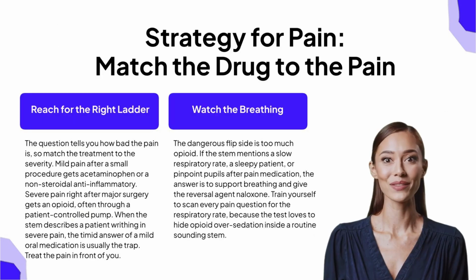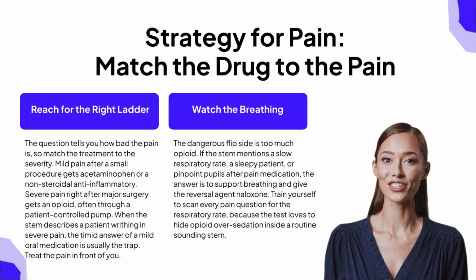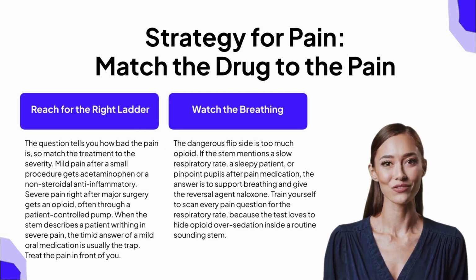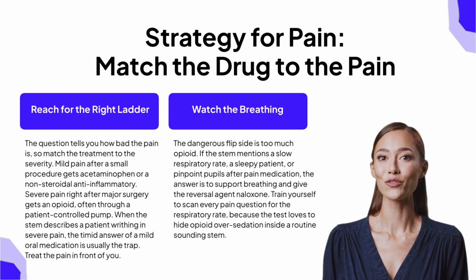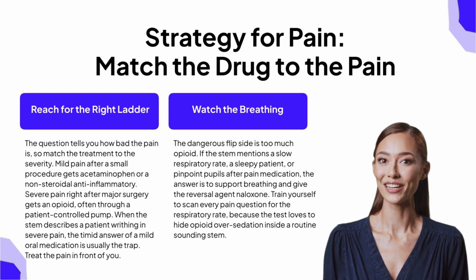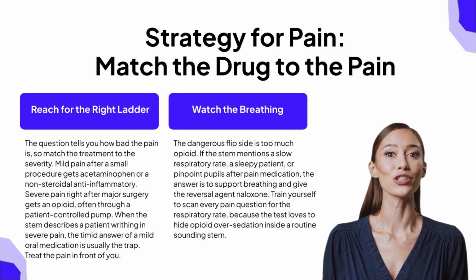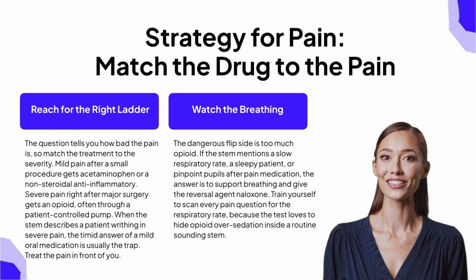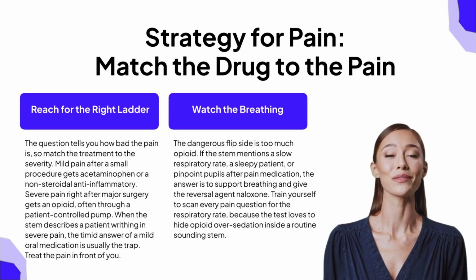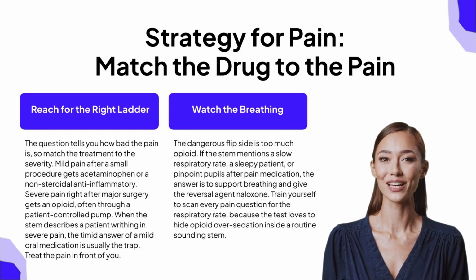the questions. Our first topic is postoperative pain control, and the strategy here is to match the drug to the severity of the pain. When the stem describes mild pain after a minor procedure, the right answer is usually acetaminophen or a non-steroidal anti-inflammatory drug. When it describes severe pain right after major surgery, the right answer is an opioid, very often delivered through a patient-controlled analgesia pump that lets the patient press a button for relief. A classic trap is offering a weak oral pill to a patient who is clearly in severe pain, so do